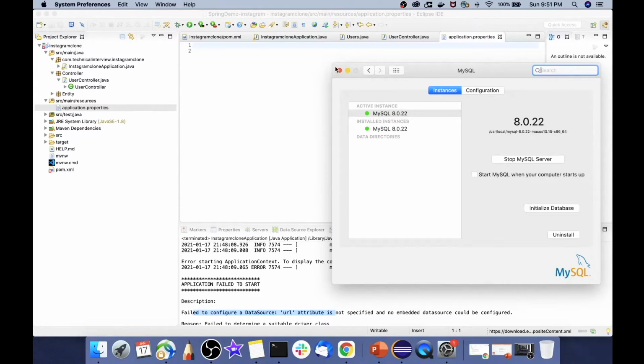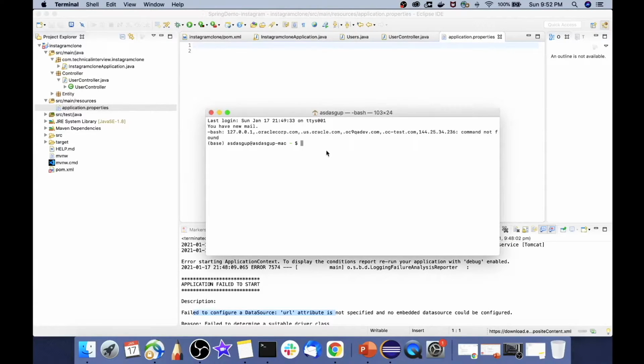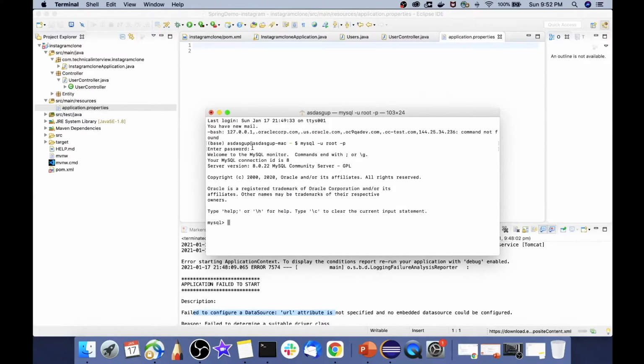So let's now go to our terminal and access our DB over there. To access our DB, the first thing that we will do is write mysql -u, that is the user ID, which will be root, and then the password, that is -p, and click on enter. Over here it will ask for the password. So let's give the password that you set during your installation, which will be password by default. After you have successfully given your credentials, you can see that I am in my MySQL DB.